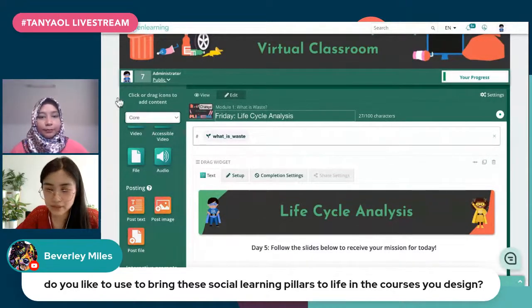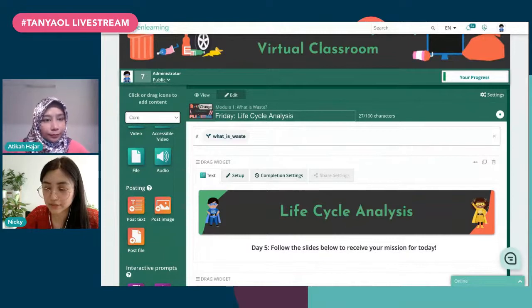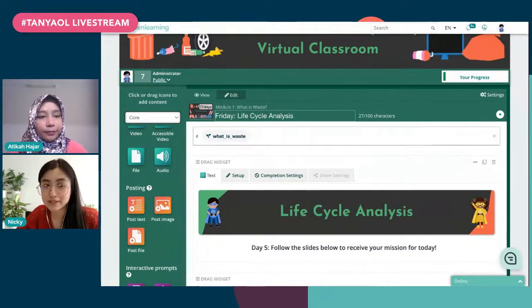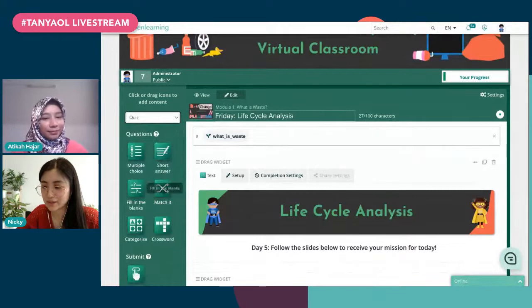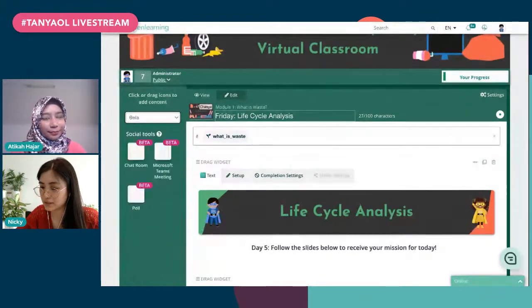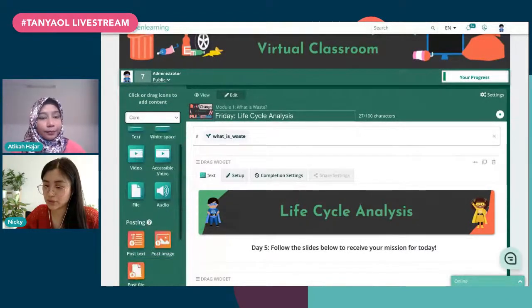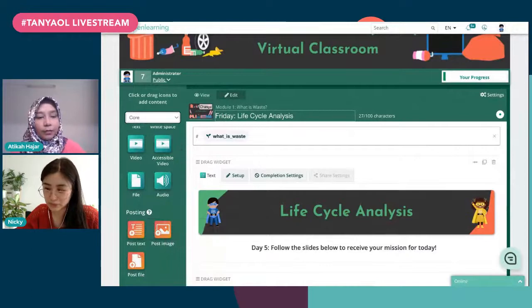There are other widgets that you can use, the quiz widgets, beta widgets, integration, and advanced widgets. But I did use some of these ones. I think I used the categorization quiz widget for one of the activities. I haven't used any of these beta widgets, but mainly the widgets that I used were these posting widgets, post text, post image, and post file.